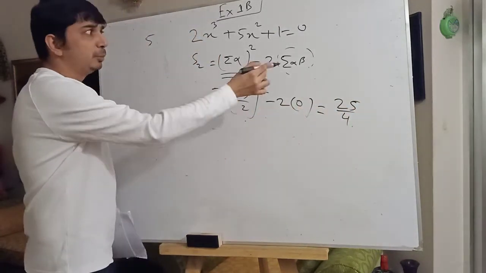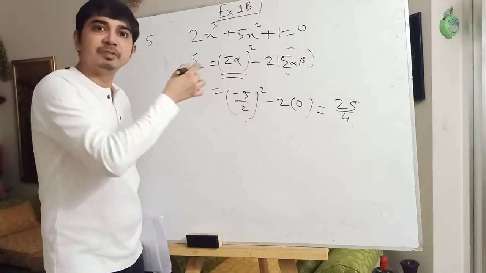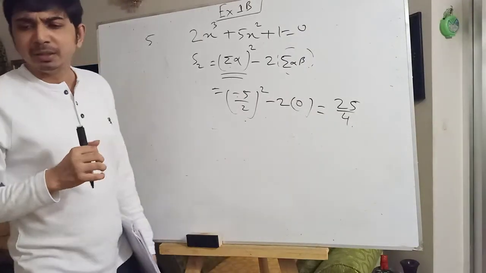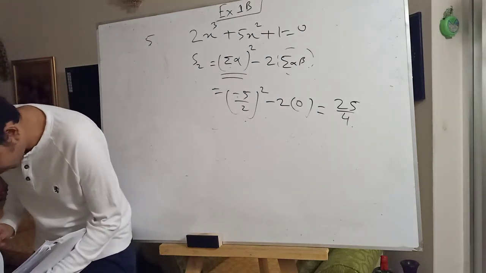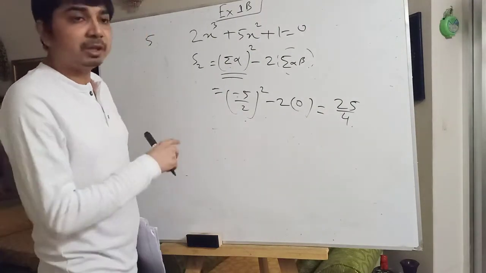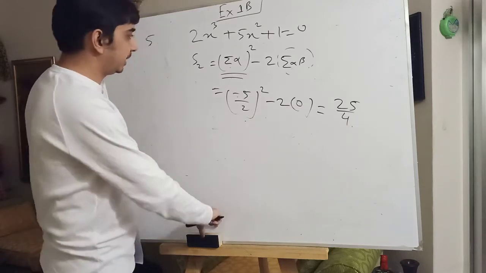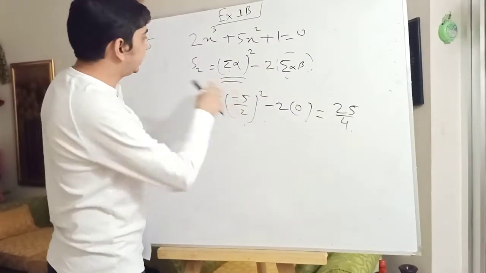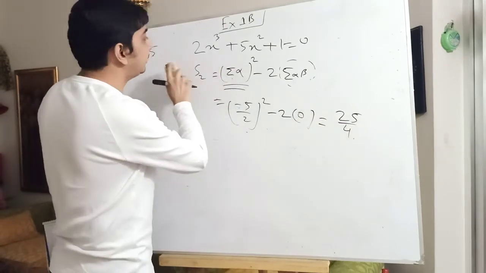So we had a formula for S2. I've written this using the sigma notation, but we have learned the formula previously also. Similarly for S3, the formula is given in the book, in page number 6, example 1.5, but that is not the best way to find the value of S3. S3 is alpha cube plus beta cube plus gamma cube. There is a better way to solve S3. So keep in mind that the answer to S2, alpha square plus beta square plus gamma square, is 25 by 4.